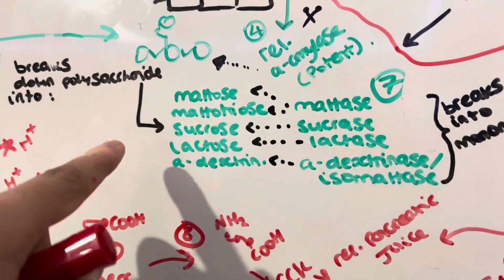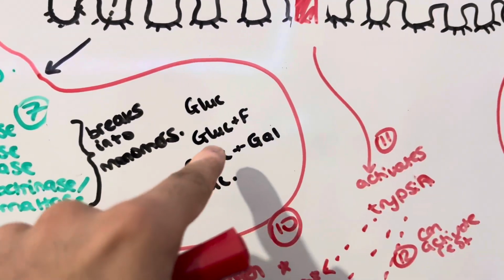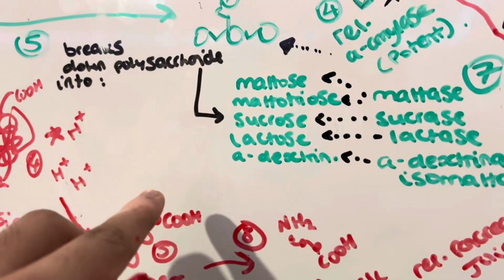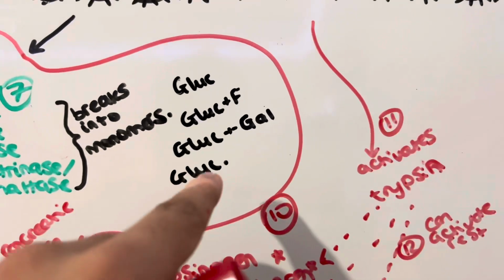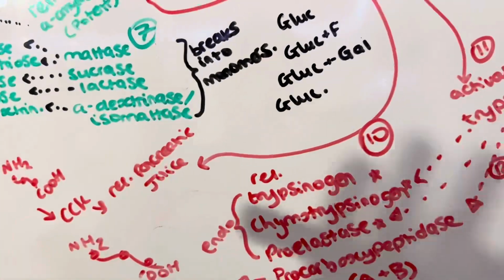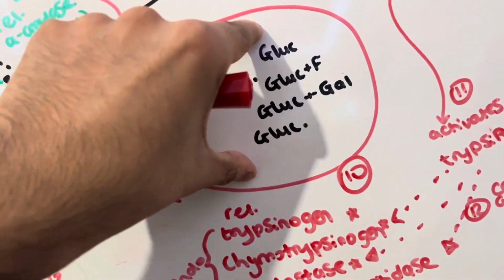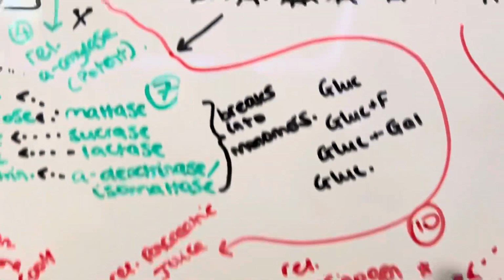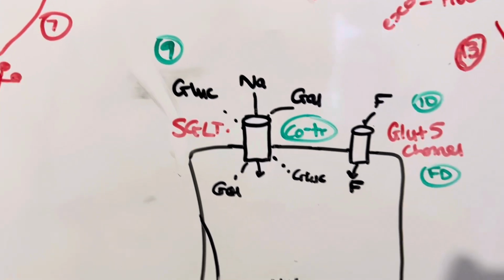Then we've got our sucrose into glucose plus fructose, lactose into glucose plus galactose, and alpha dextrin into glucose monomers. Now we've got all this ready. We've got all of our different monomers. Time to look at absorption. So if we go all the way down to here, ignore all the red,